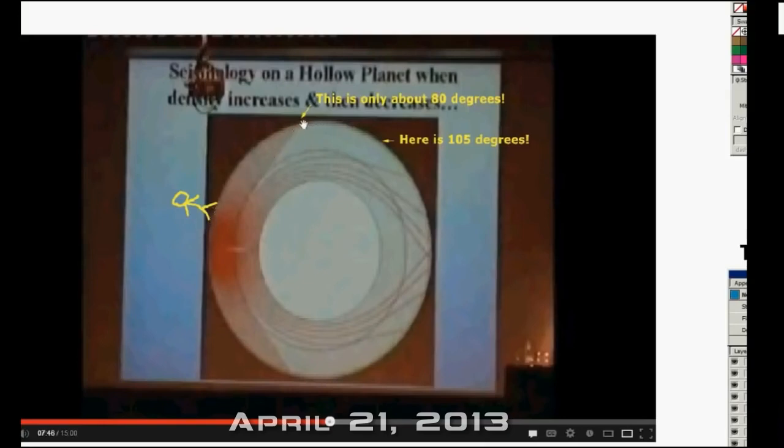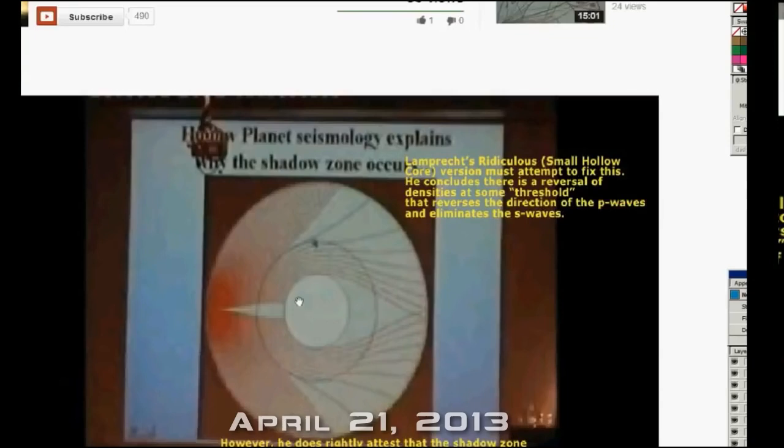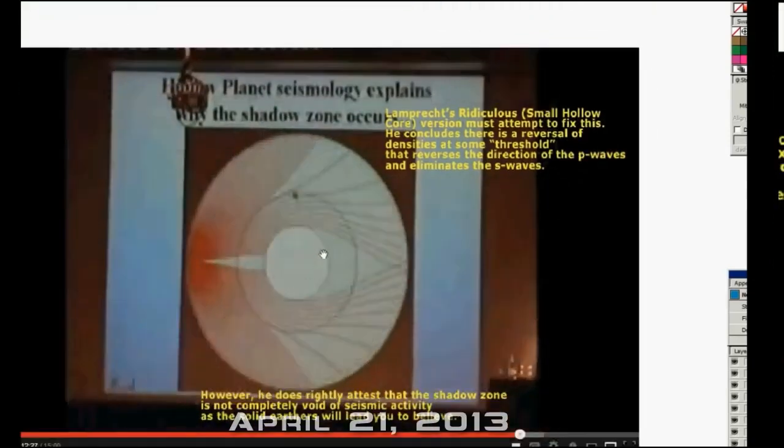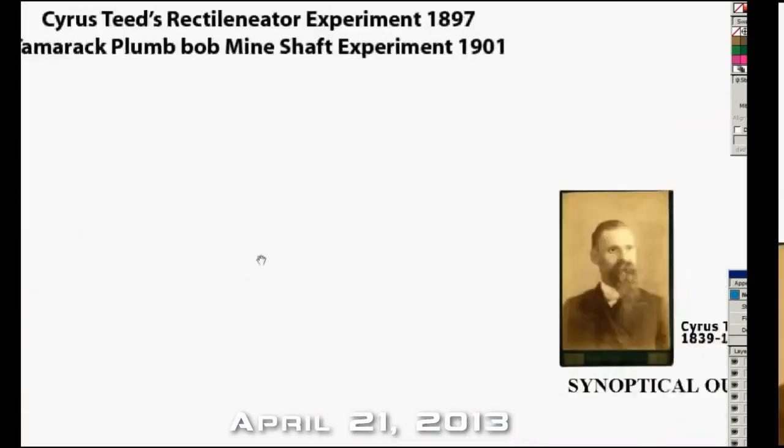But they only have the S and P waves going to about 80 degrees, and so this is where they would need to go. And so they have to revise their model to create this much smaller interior, this much smaller hollow interior. And they have to say, well, okay, then the S waves are gradually speeding up as you get deeper and deeper, as the material becomes more dense. And then it transitions, and then it starts to shift and become less dense, so it slows down. Now, this is all conjecture and theory, and it's just a ridiculous model, because if you understand anything about information